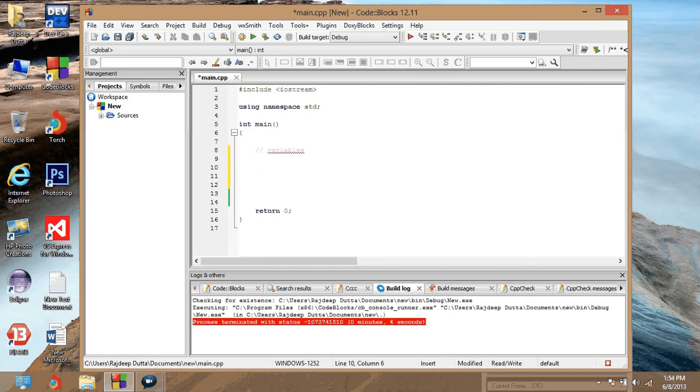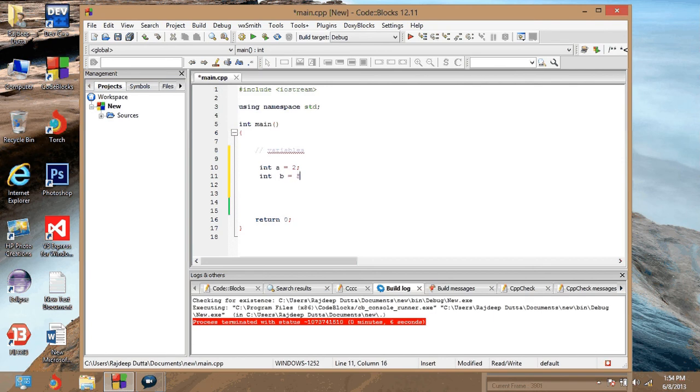So for having variables in our C++ program, what we're gonna do is that first we're gonna declare the type of variable which we want to use. For example, if you want an integer type of variable, write an int, and after declaring the type of variable, we're gonna have to name our variable. So like int a is equal to 2, and we need to end our statement like this. And if we want to define another variable, int b is equal to 5,